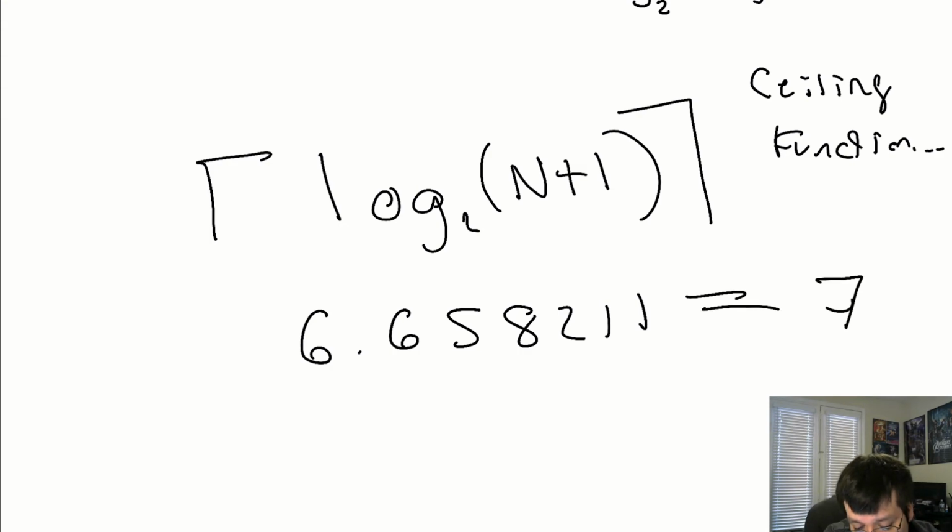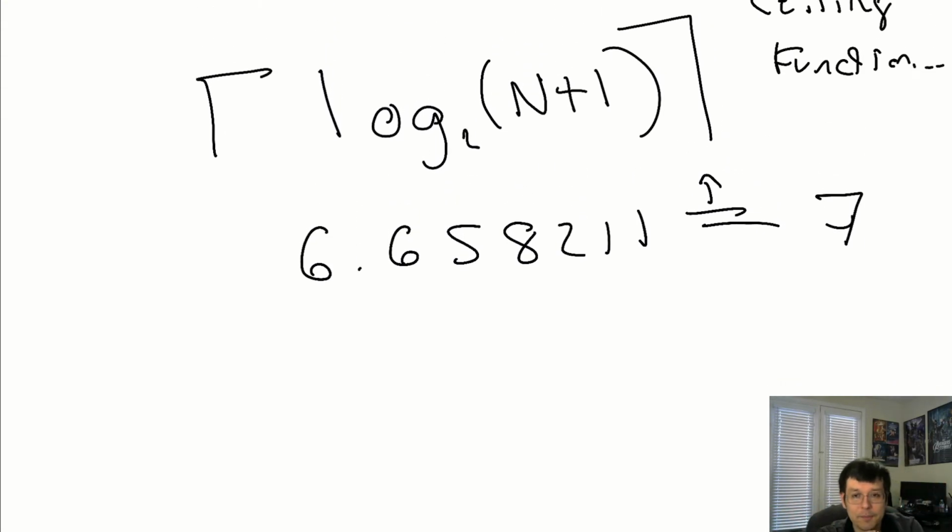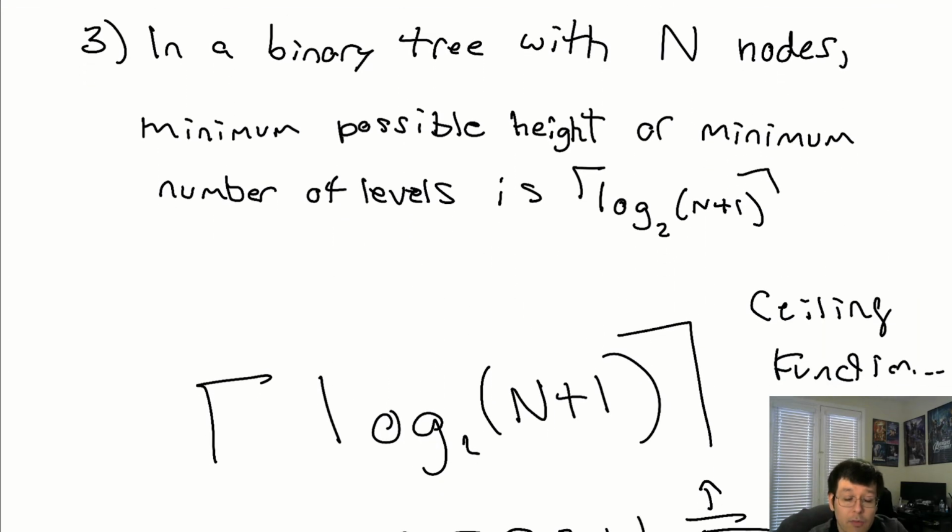So that goes up. I don't know if that's a real symbol with the equal and the up, but that's what I'm going to do. You round it up to 7. Okay? What this means is that the minimum height of a binary tree to fit 100 nodes, and by the way, it doesn't mean that the last level is going to be full or that the tree is going to be full, there'll still be a couple of different combinations you can make, but you will not be able to make it with less than 7 of height.